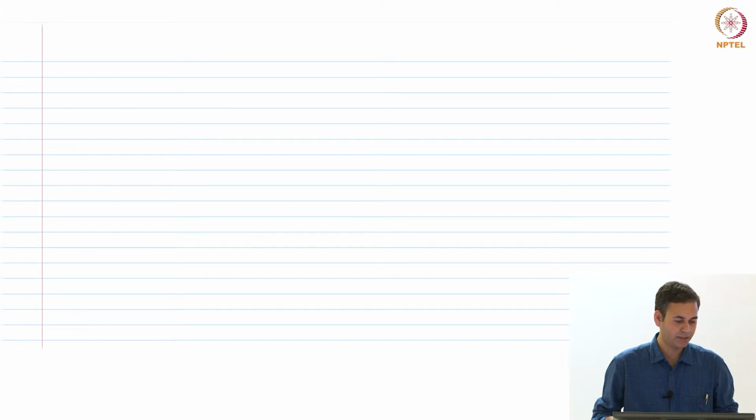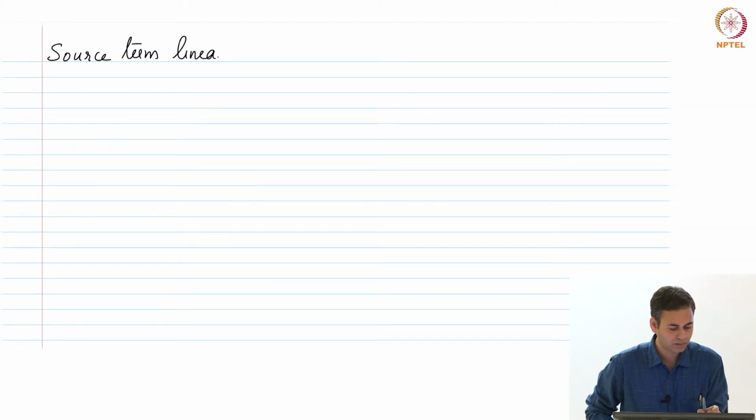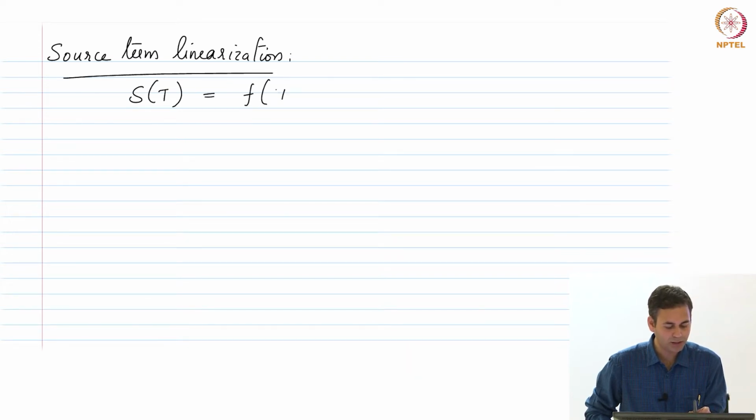So, we are discussing source term linearization. We said if we have a general source term, that is S as a function of T, which could be a nonlinear function of temperature and some constants, then we have to